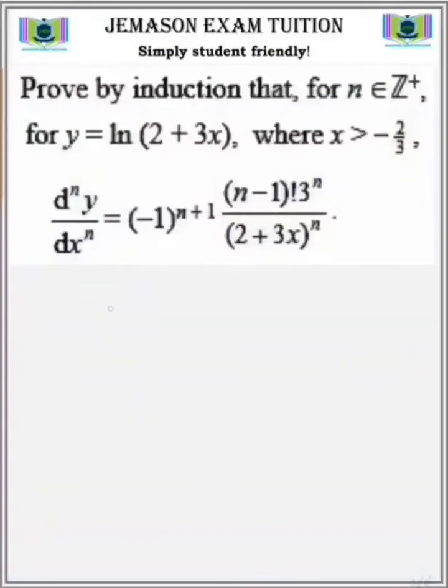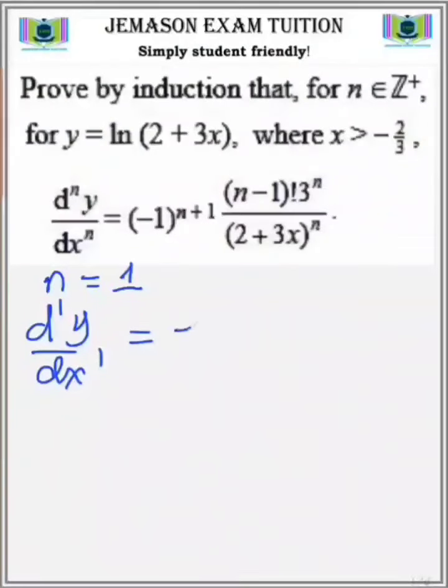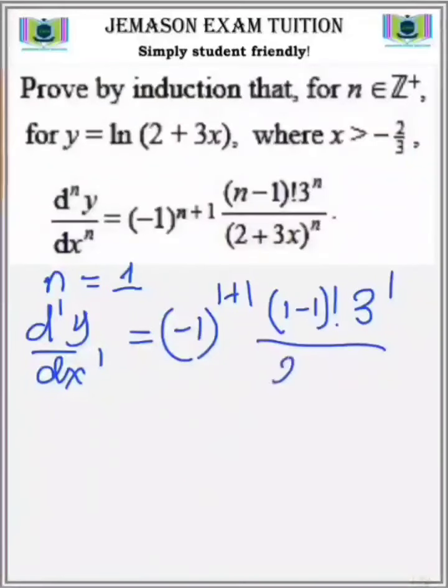To do the proof, we're going to start with the base case, the case where we have n being the first positive integer, n equals 1. We have that d to the 1 of y all over dx to the 1 equals negative 1 to the 1 plus 1 into 1 minus 1 factorial, 3 to the 1 all over 2 plus 3x to the power